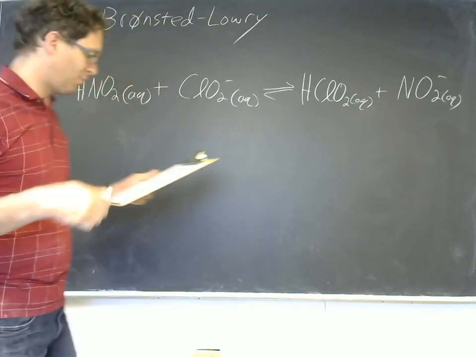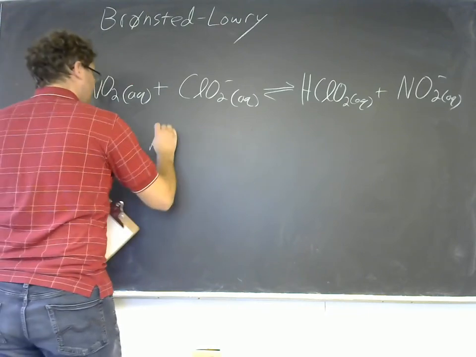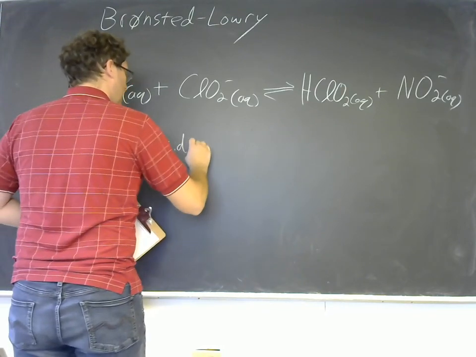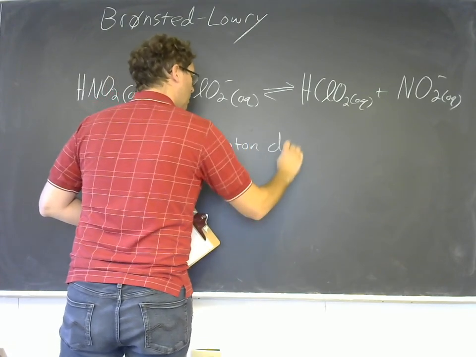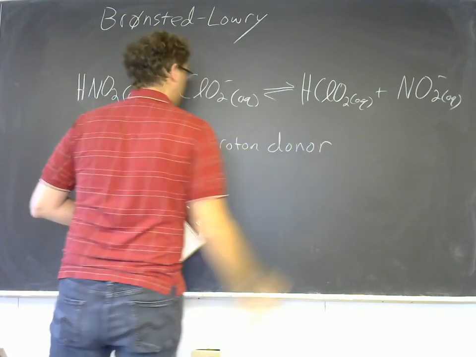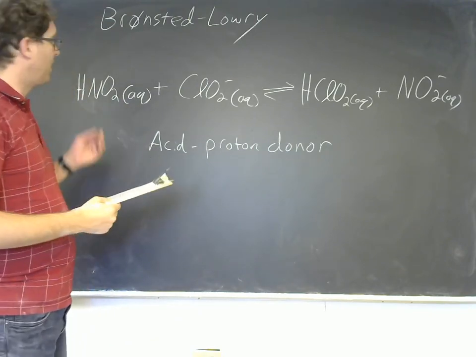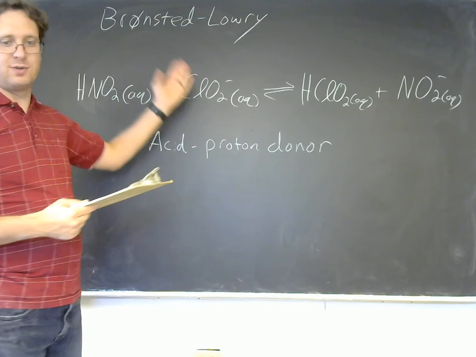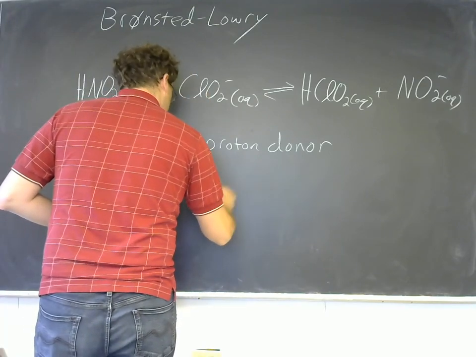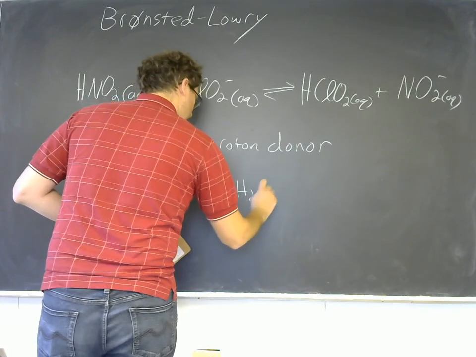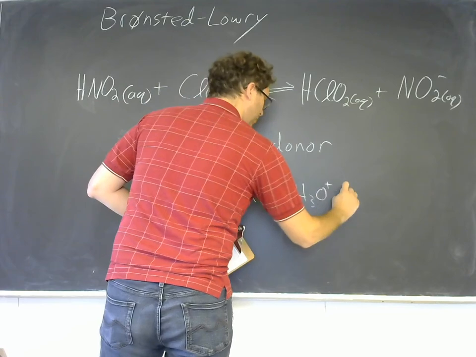And so that's where Bronsted-Lowry theory comes in. And Bronsted-Lowry theory defines an acid as a proton donor. That is a compound which will end up giving a proton to its reaction partner. And if we think about HCl plus H2O forming H3O plus